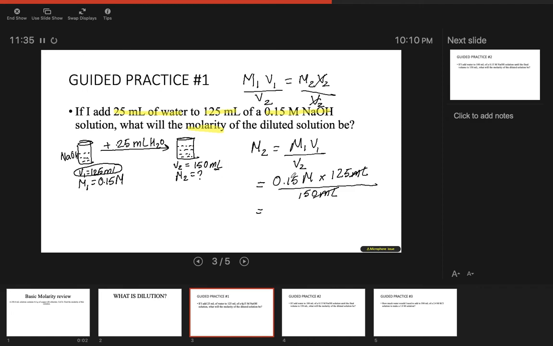Okay, so now all you got to do is multiply 0.15 by 125 and divide that by 150. You should end up with 0.125 molarity NaOH. That's your